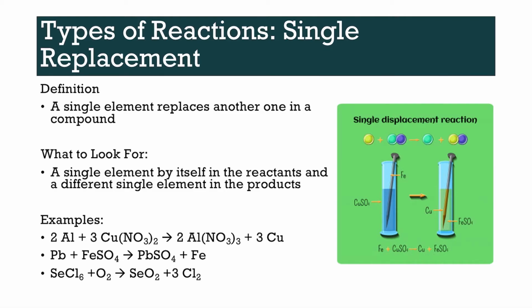Okay, moving along here. Next is single replacement. So this is where a single element replaces another element somewhere in a different compound. So what you want to look for is something by itself in the reactants, and then a different something else by itself in the products. So something is always single. So in this first example, we have aluminum all by itself, and then we have, at the end, copper all by itself. So what ended up happening, aluminum knocked copper out of that spot, so aluminum comes in,